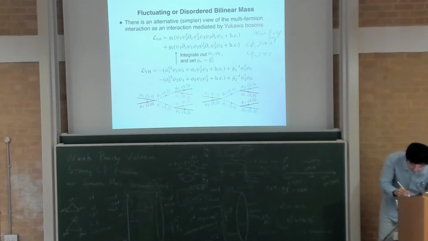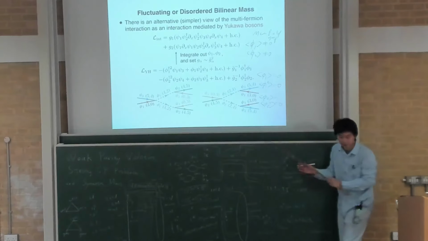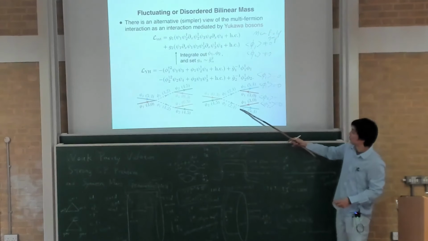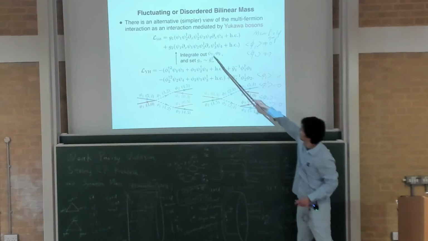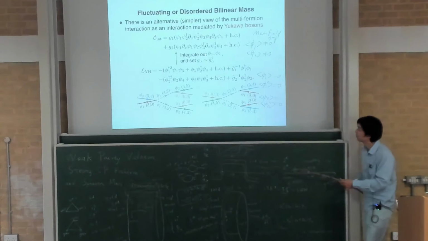But the claim is that if they are disordered, even though phi1, phi1 squared and their powers, at least for all the terms that occur here, are 0, when they are disordered, which means phi is fluctuating, and then you integrate them out, you actually get the same condition derived for the multi-fermion interaction. That should also be gapped.